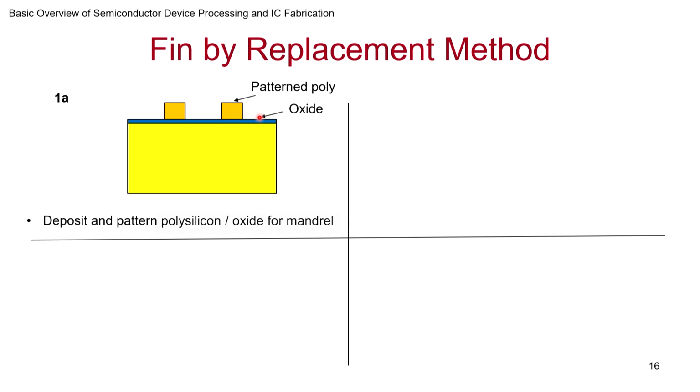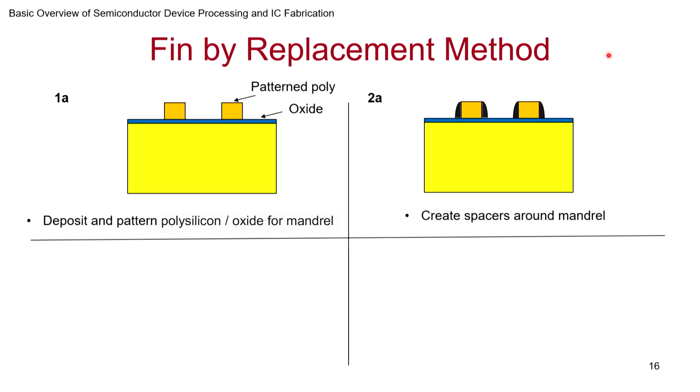Again you push your lithography to its limit, okay, and then you are going to use this to build what is actually a mandrel. A mandrel is essentially a structure that you use when you are doing lathe work as a placeholder. So you use it as a placeholder, maybe to measure how much you need to chip away the metal, and then once the metal is done, you just remove the placeholder and use it again for the next one, right? So that's what is called a mandrel. So this is actually a support structure that you are building.